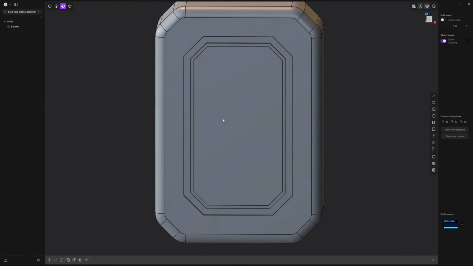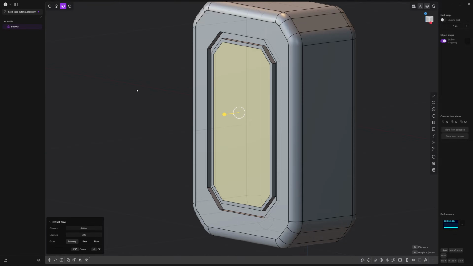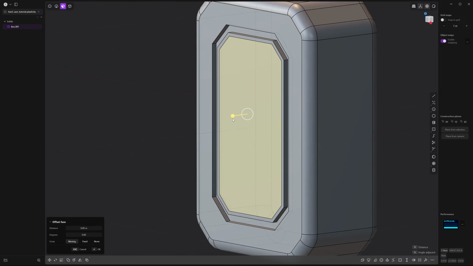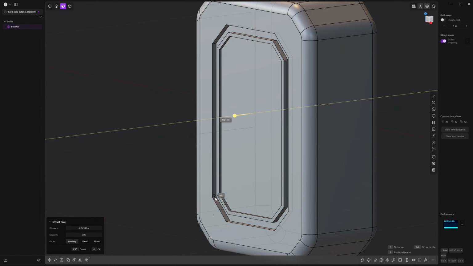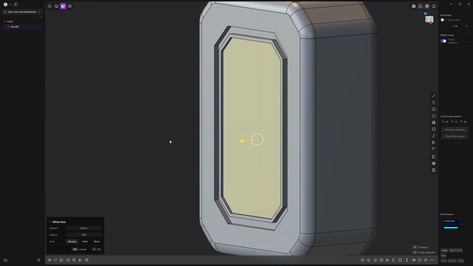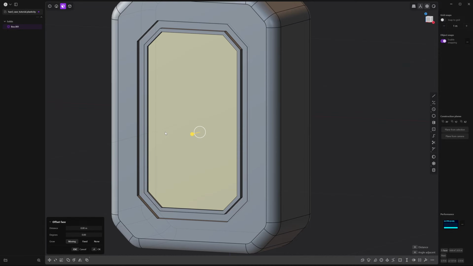Again, you get a new edge here that allows you to move the faces and modify it. So in this case, we're going to move the center face and move it back a bit. And you can hold Control to snap. So I'm going to snap to this edge down here. And right click to accept. And let's do that one more time. So with that face selected, press O and hover just a bit.